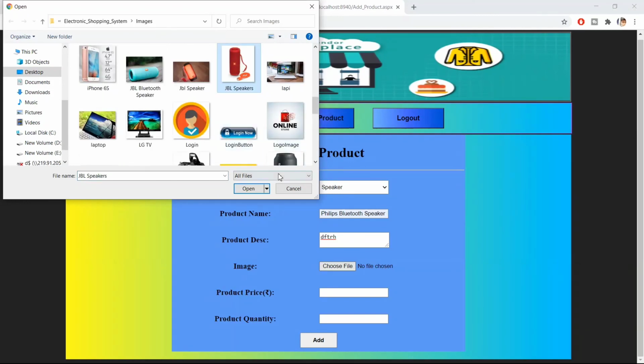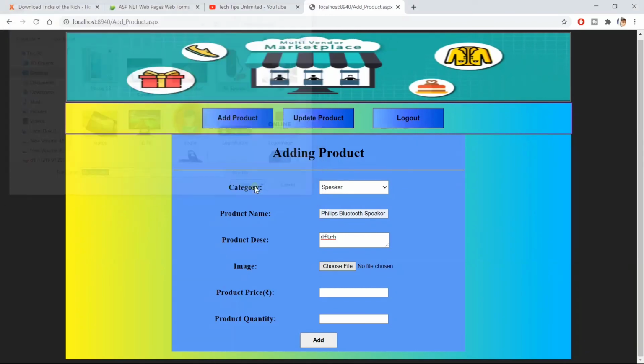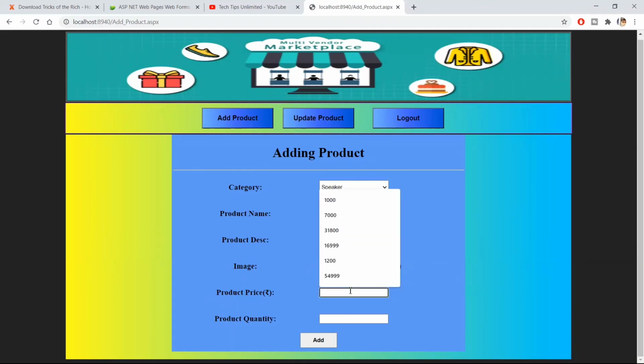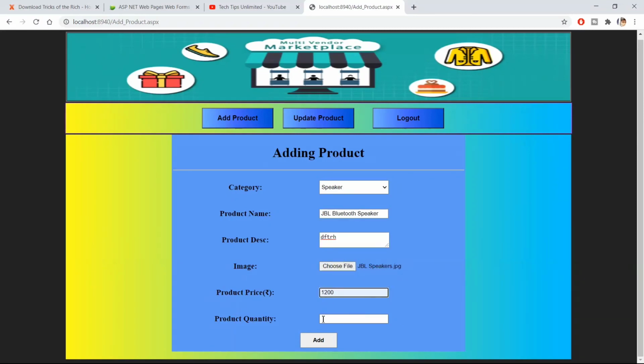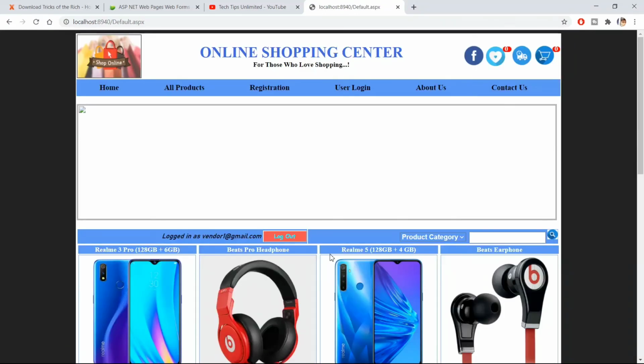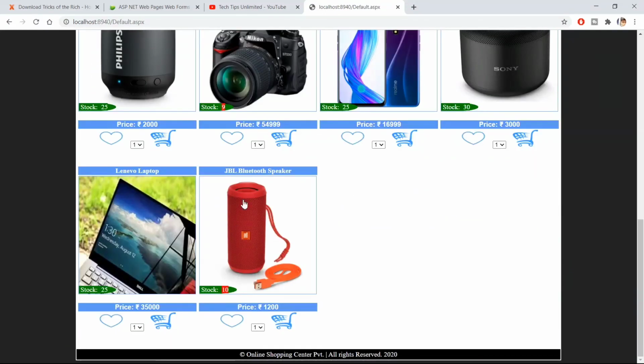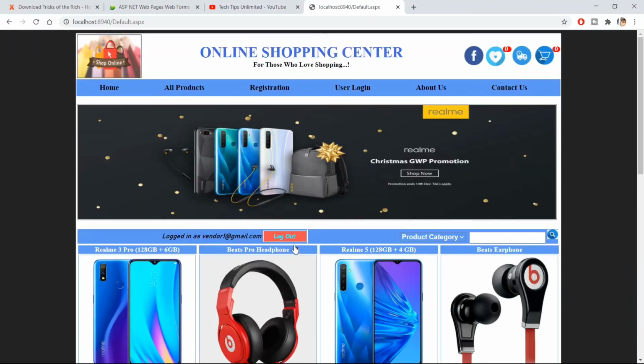So let's check this speaker. Let's add. You can see the product has been added by the vendor.